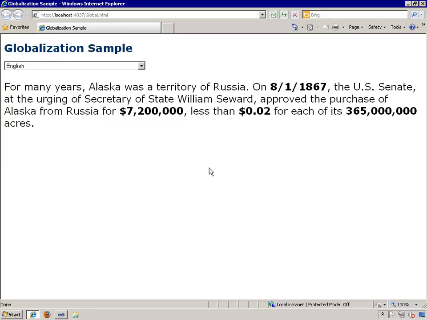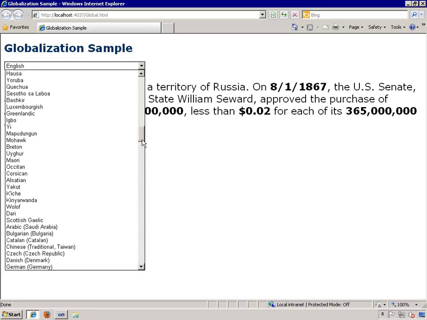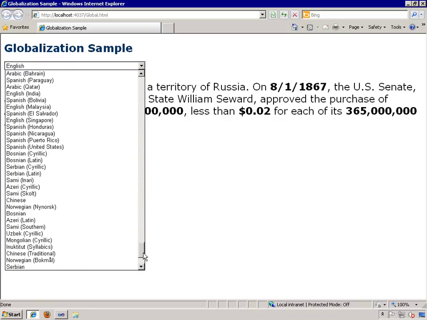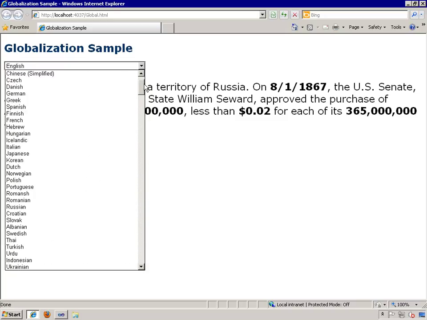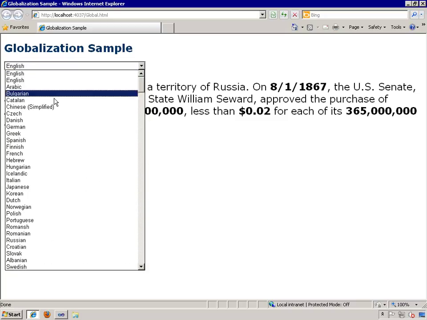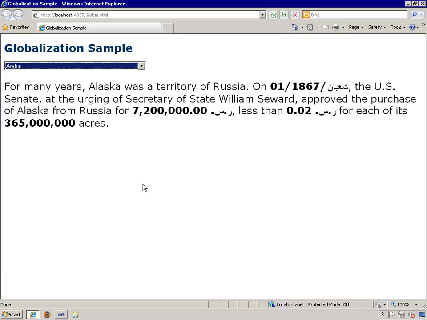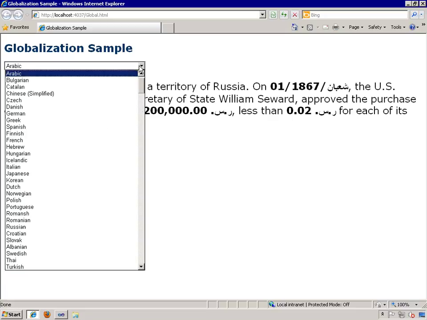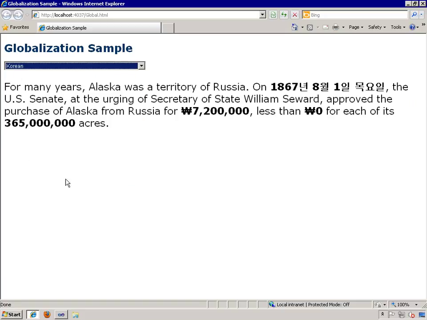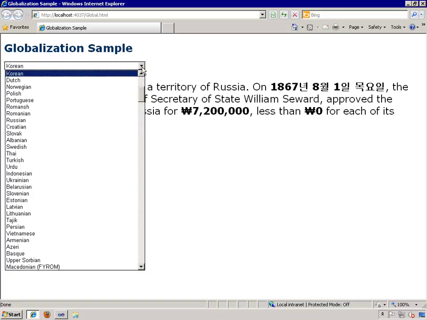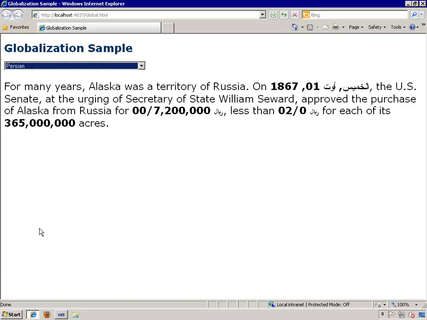When the page first loads, as you can see here, the numbers and the date appear for users in the United States. The page includes this drop-down list, which includes all of the cultures that are supported by the jQuery globalization plugin. When you select a different culture, I'll select Arabic, it changes the formatting of the numbers and the date on the page in order to match that culture. So you can select various other cultures and see how that data would be represented. There's Korean. Let's look at Persian